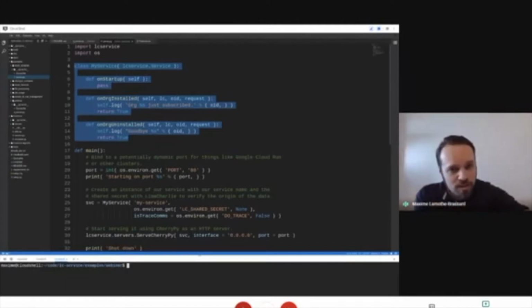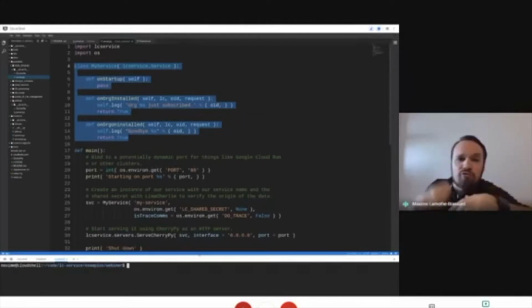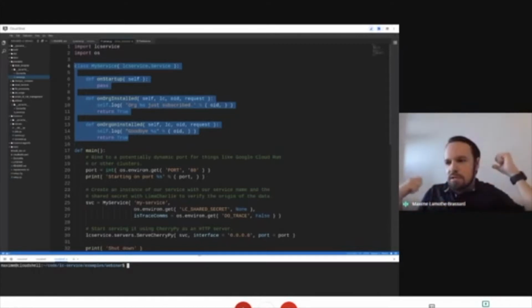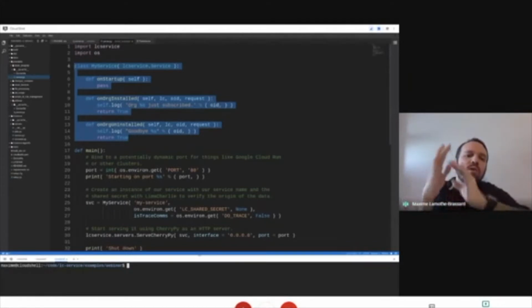Those are all documented in the repo and the README. You'll just define them, and you will get called back by LimaCharlie. So you don't need to maintain a complex state unless you specifically need to, or to go and reach out to LimaCharlie and do things. Once you've created your service, LimaCharlie will take care of you and will reach out to you and take care of all the lifecycle there.